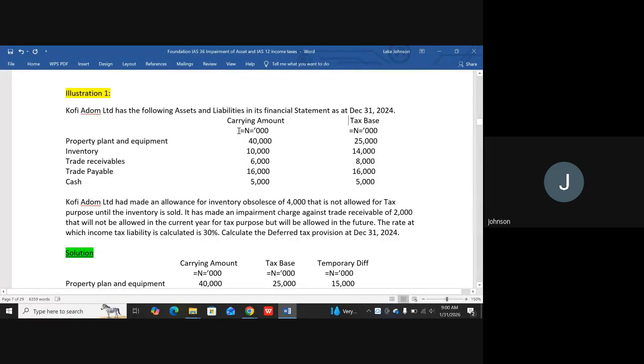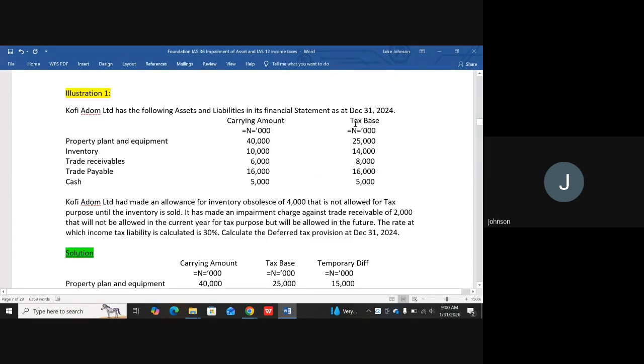While the taxman is going to be using capital allowance. Okay, so we see that in our books we are having 40 million, because there are 3 zeros up. We're having 40 million. However, the taxman in his own book,